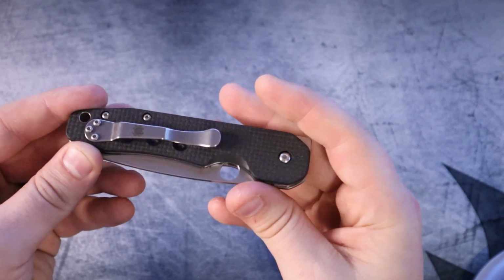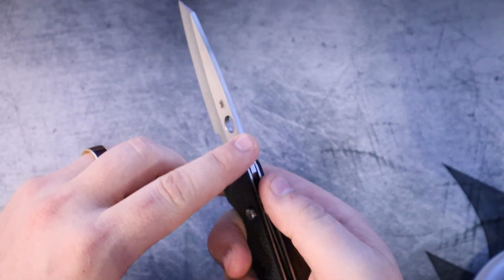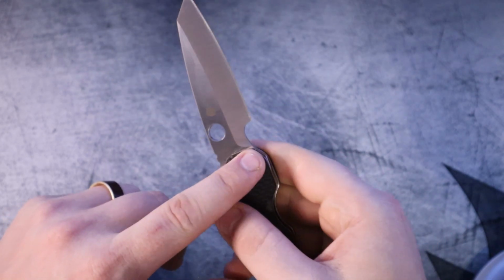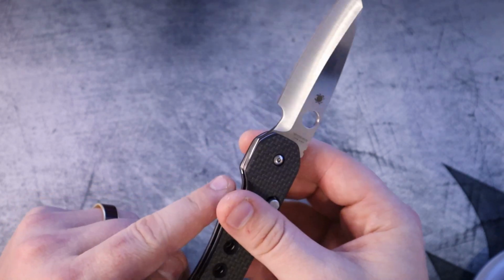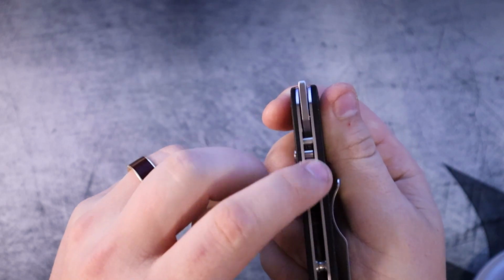I'm not sure if that's the right terminology, but we'll just call it what it is, okay? Now on the top of the blade, you do have some standard jimping, which means that you can get a nice grip on it. And you'll notice that this has a really ugly choil. It's not exactly a sharpening choil. It's not exactly a finger choil. No, it is for the compression button style lock here on the back so that the blade doesn't bang into